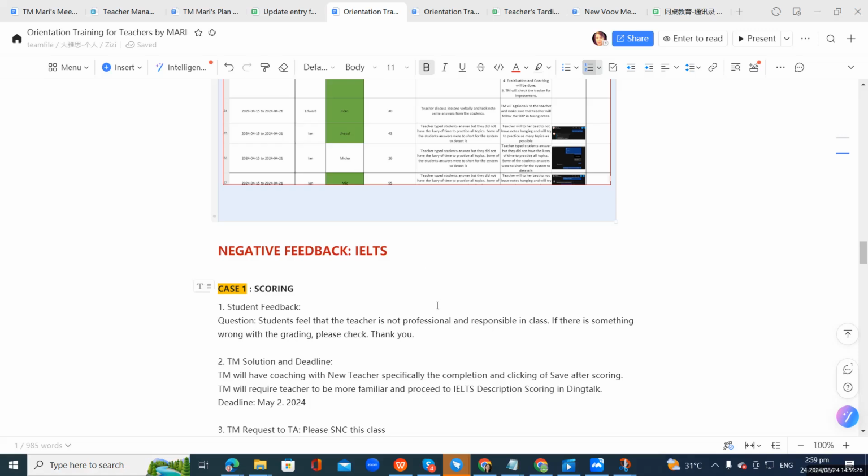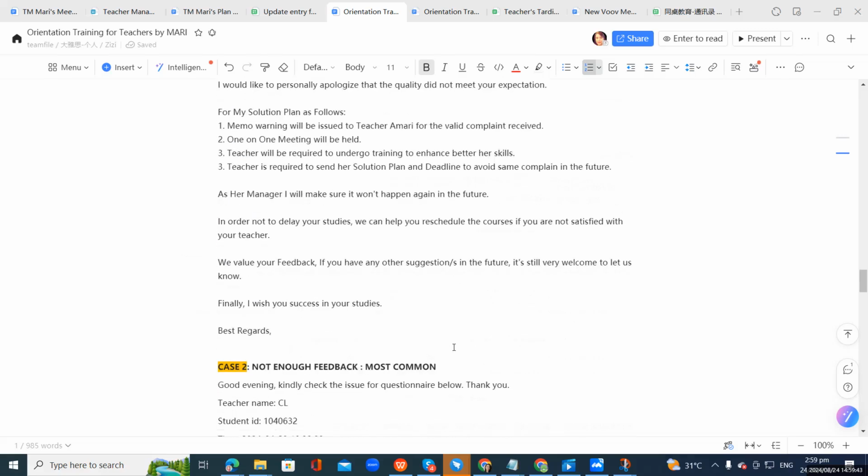It's a very serious mistake because it's more than 1 point difference. The acceptable difference is 0.5, so a mismatch of that much in the band score is fine. So scoring and